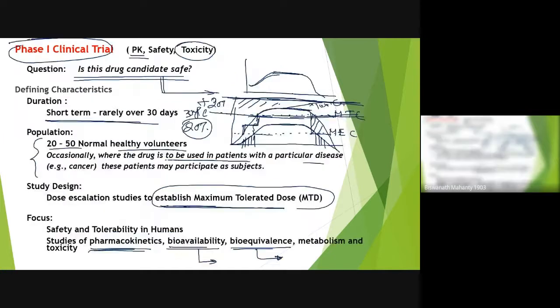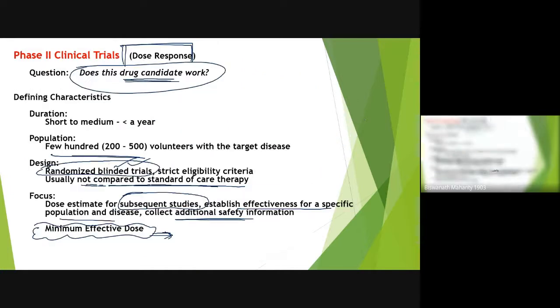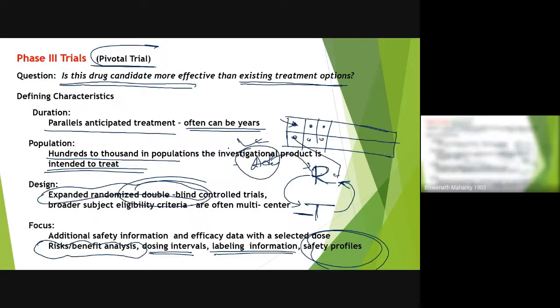Phase 0 is for a small population, just to be safe that people will not die, right? People are not animals. Like in an animal study, you cannot sacrifice. First one is PK, safety and toxicity. First you are talking about toxicity and safety. If these are not so severe, go for dose response. How much dose I should take for making a big group. So dose response is coming into phase 2.